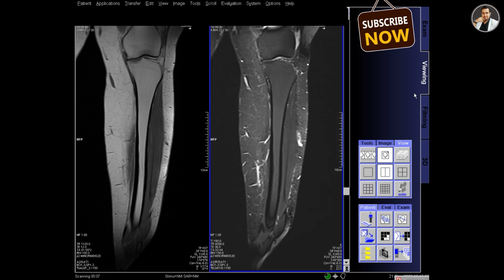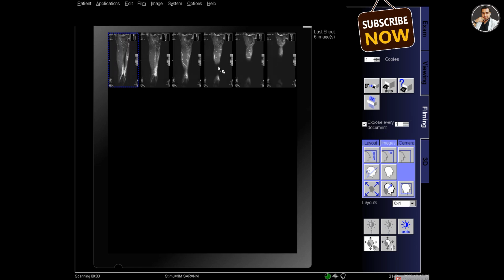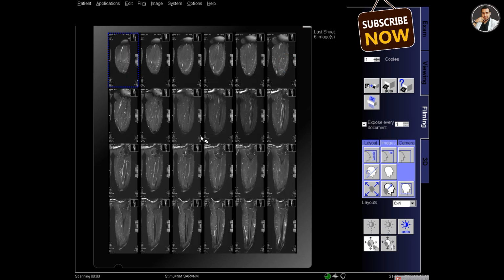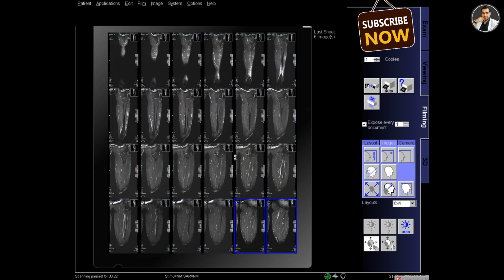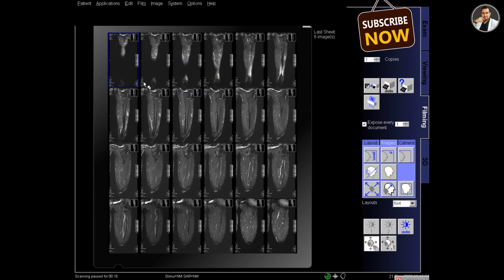So select series and send it to the filming, and now go to filming, and it's already in 6x4 format, but the images are in inverse orientation. So I have to place the anterior part of the leg first and then the posterior.